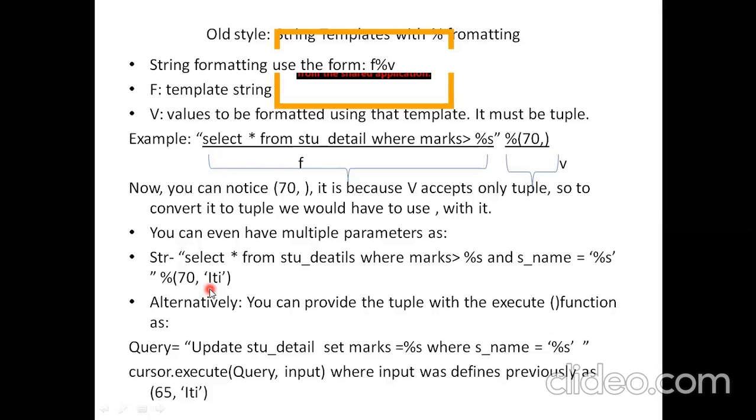Now you cannot jumble the words, like 80 has been written before and 70 has been written afterwards, because the first argument will correspond to the first parameter. Similarly, the second one will correspond to the second one. Now again, in old style also there are two ways of writing it. One way is that in one single string, one single sentence, you mention everything. Another is that you can break this into two parts. One part is your argument, another part is your query.